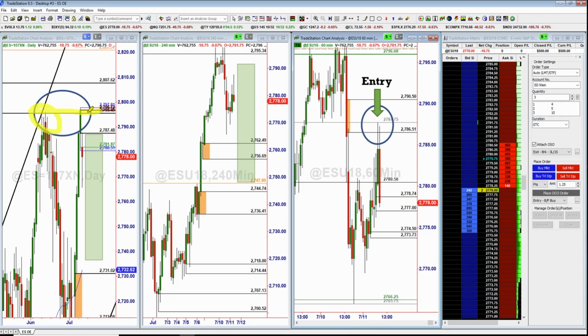And we've talked about this in previous videos. When a high or a low gets taken out, the market tends to reverse in the opposite direction, at least initially, giving us an opportunity to take it short in this instance, or long if it was dipping below a low. But again, on the big picture, on the daily, we had the market rally up in strong fashion, take out this high, close higher than this high, but in the overnight session for the next trading day, we gapped down lower,